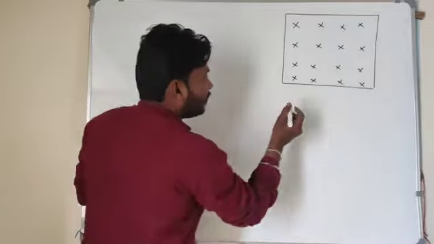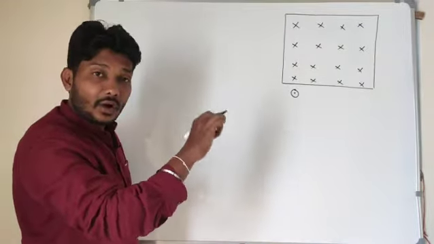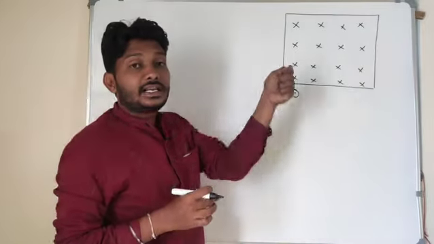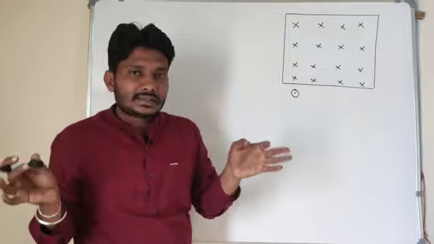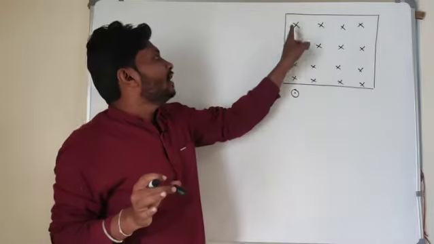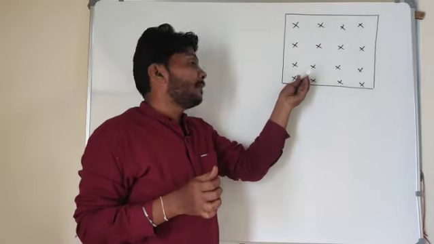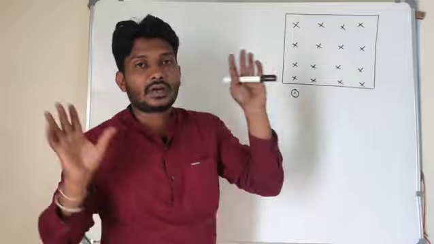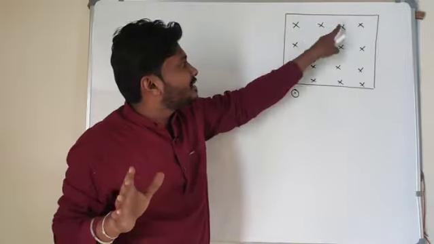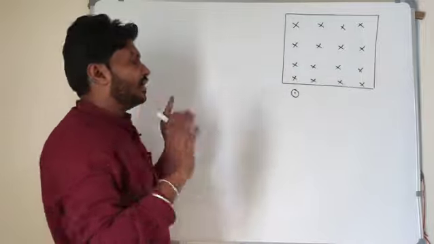If a dot is considered, meaning if there is a dot, then the magnetic field lines are out of the plane. Did you get my point? Remember, from the diagrammatic point of view, a cross mark represents magnetic field lines into the plane, whereas a dot represents magnetic field lines out of the plane. Here I represent the magnetic field with cross marks, meaning the magnetic field lines are in the inward direction.